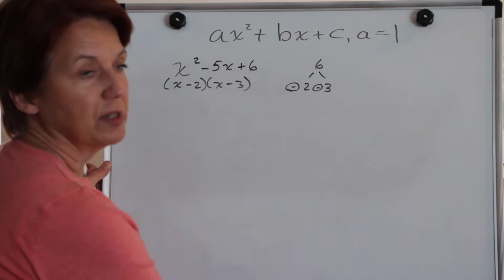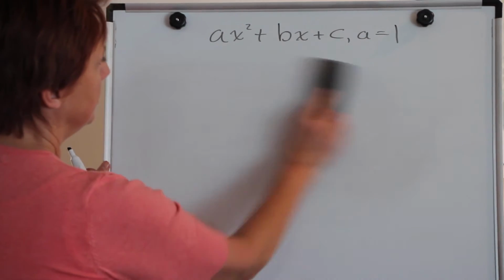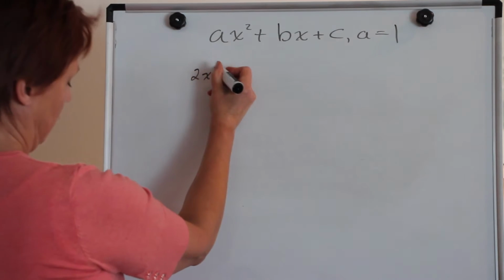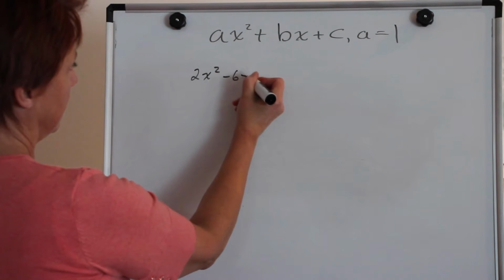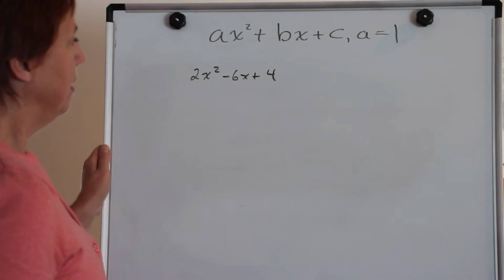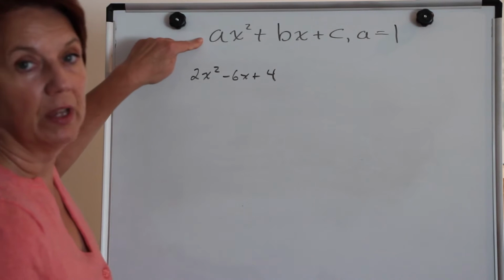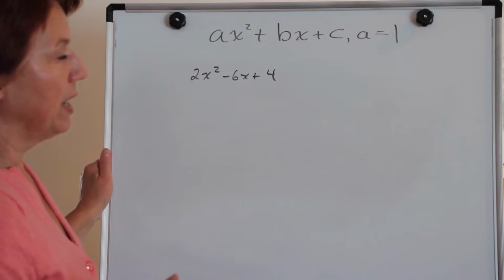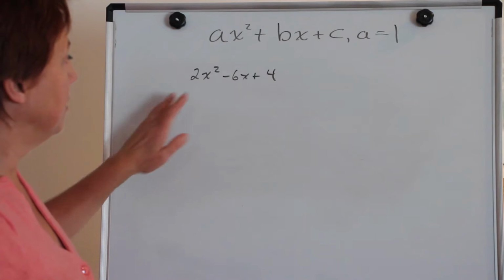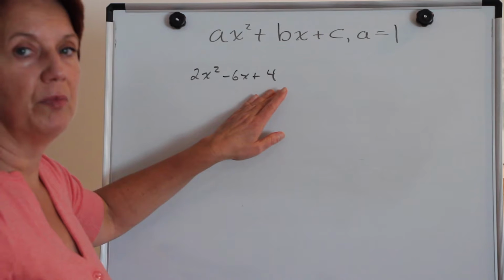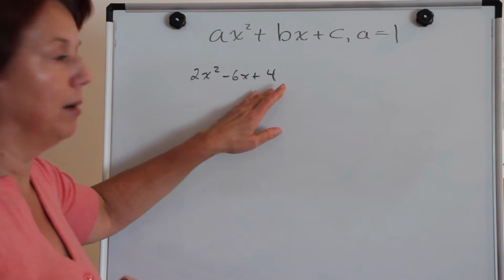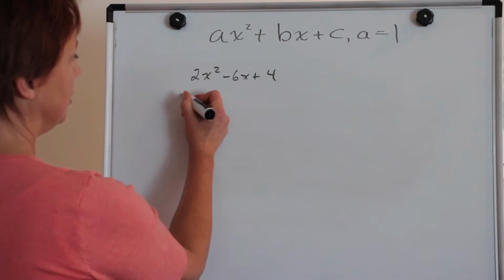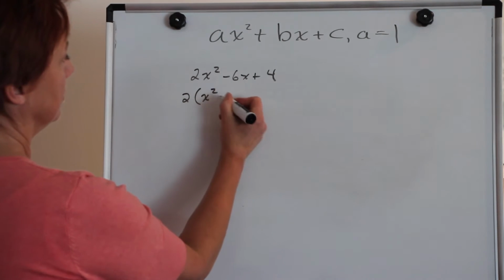But not all factoring situations are quite this straightforward. So what happens if you get something like this? 2x squared minus 6x plus 4. Now a isn't 1, is it? All the ones I've been doing up to this point, a has been 1. So the thing to recognize is whether or not the three terms you're looking at have a factor in common. These numbers are all divisible by 2. So if I factor out the 2,